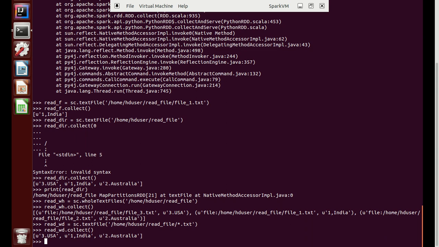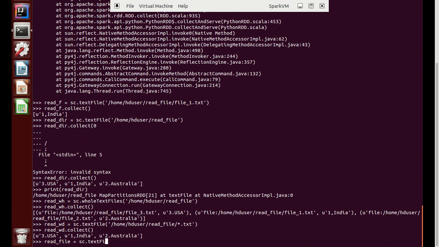Now let us suppose there is a scenario where we need to read specific files, and we do not want to read the complete directory. Suppose we have 10 files and we want to read 2 files. So how will you do it? It's very simple in Spark.